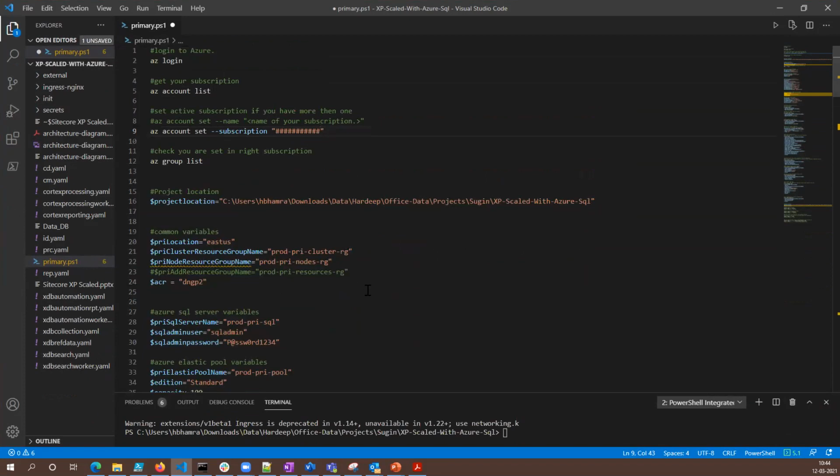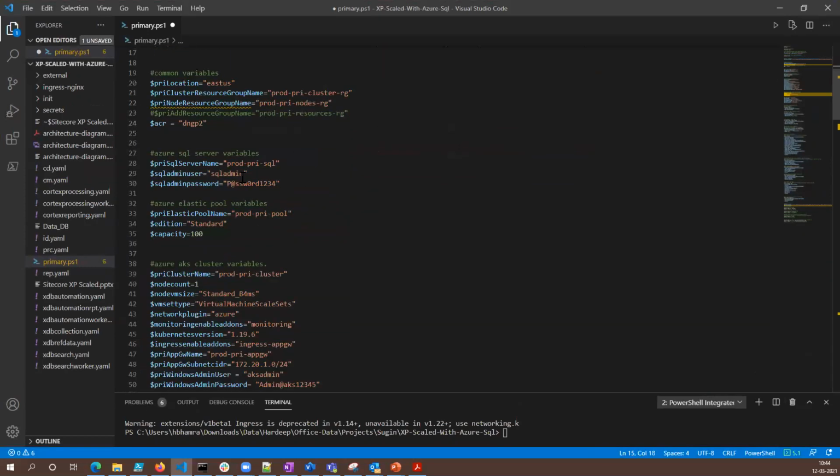So, some similar, nothing new. This is something that we saw last time also, but I'll just quickly run through it. You log in with az login, because if you're not logging in using the portal, this is the first thing you would do. I would also, not needed, but I will just check if I've logged into the right one or not. I'll make sure that I'm using the correct subscription, just listing the groups because I would want to go and create groups. Setting my project location.